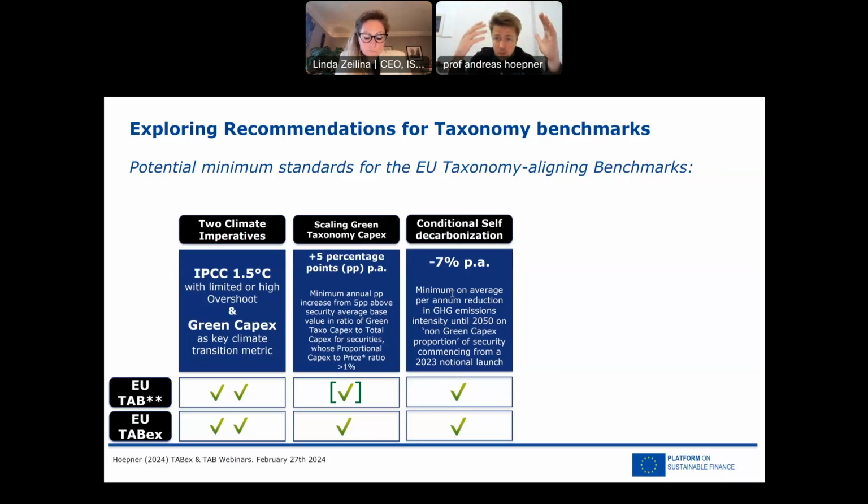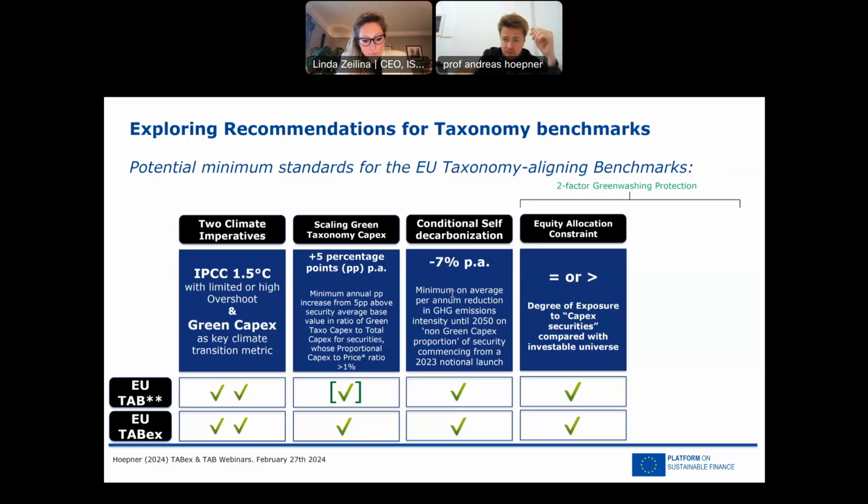So that means that all management teams that really want to put their money where their mouth is can just make 100% of their CapEx green and they'll get that decarbonization out of it. But that does mean that they wouldn't be able to spend any CapEx on non-green things. And of course, some management teams may not want to do that and therefore not necessarily have their money where their mouth is. So then we have two further features against greenwashing.